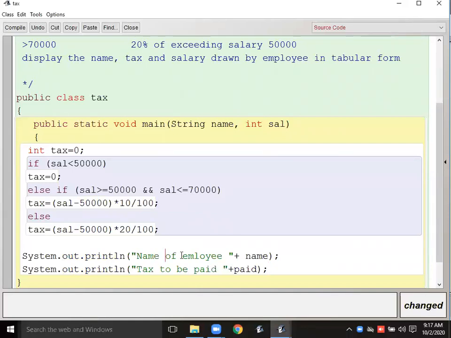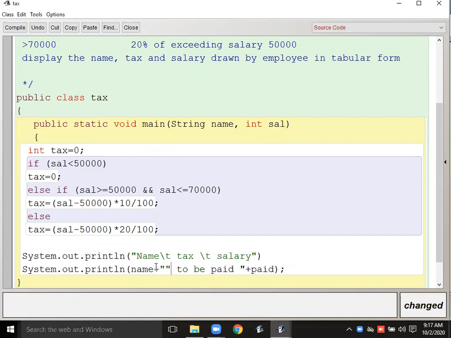So here we will give name, then \t, then tax, then \t, salary. Yes. Now the name. So what variable I have taken? Name.